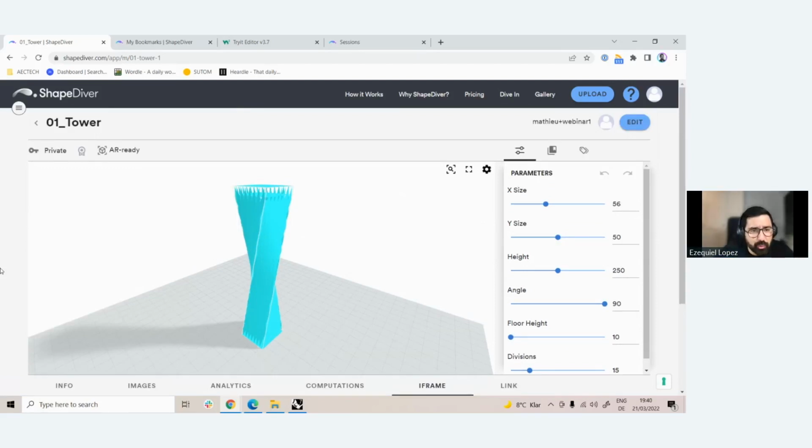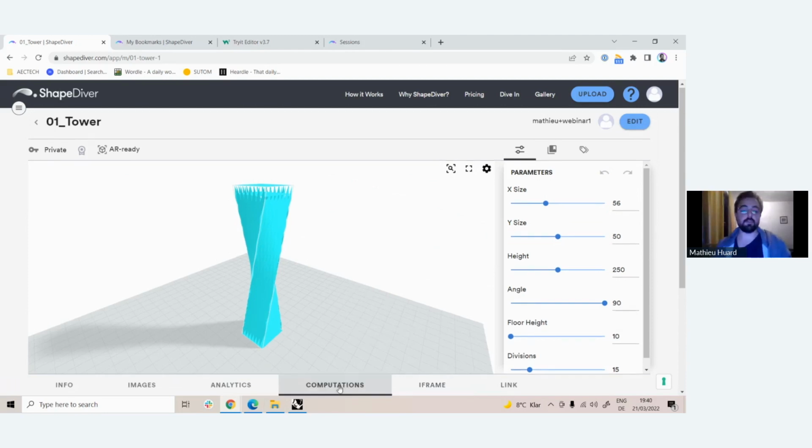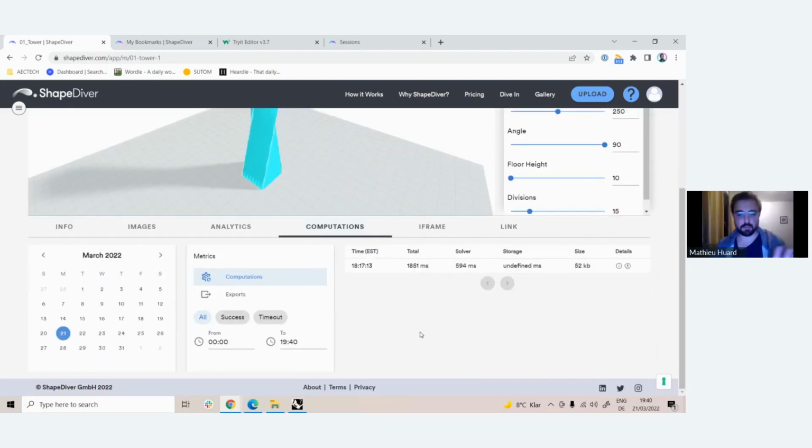All right. So will there be a solution or suggestion to counter the computation fails? I think what he means is, when they see a computation fail in the computation analytics, is there some sort of suggestion on why it failed? Yes, to the extent that I showed. The first thing that will happen is that with the notification system, you will get warned. Depending on the notification settings you pick, if you check the box to receive a notification every time one of your models times out or the computation fails,